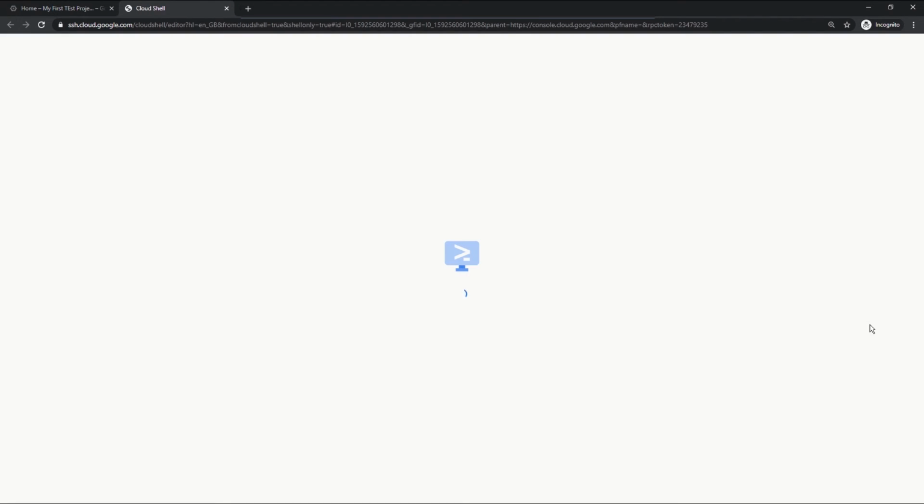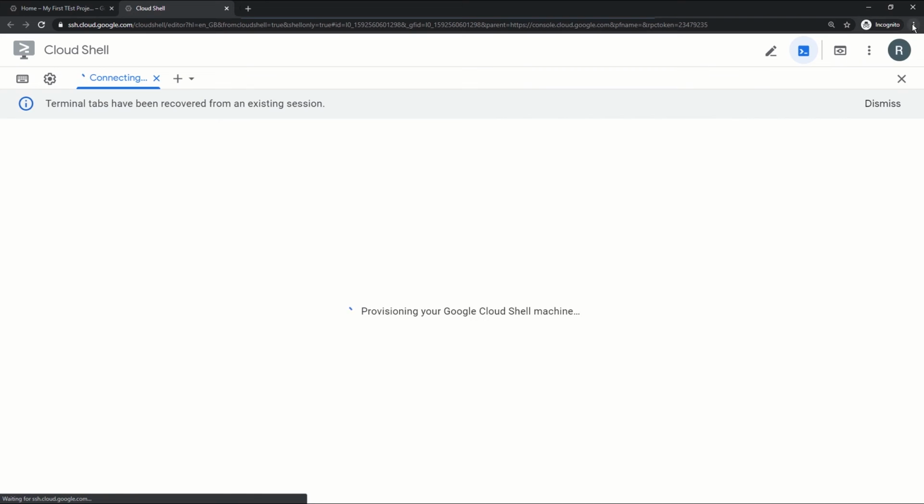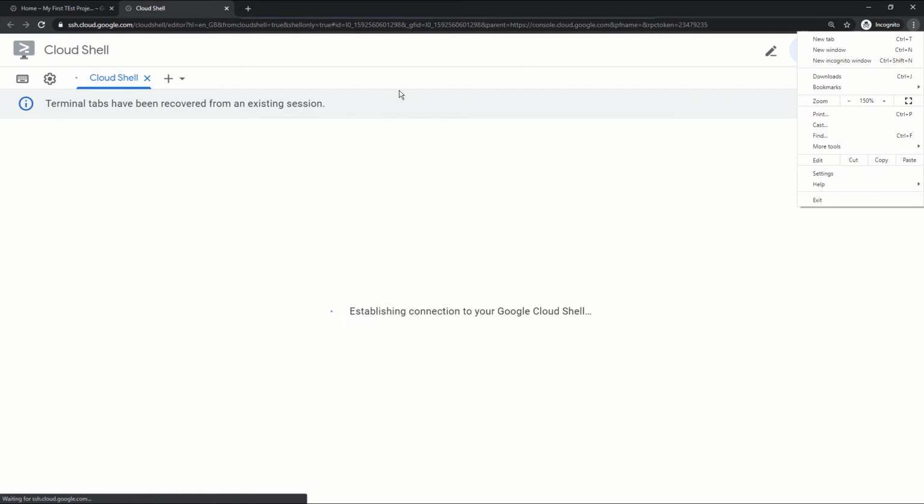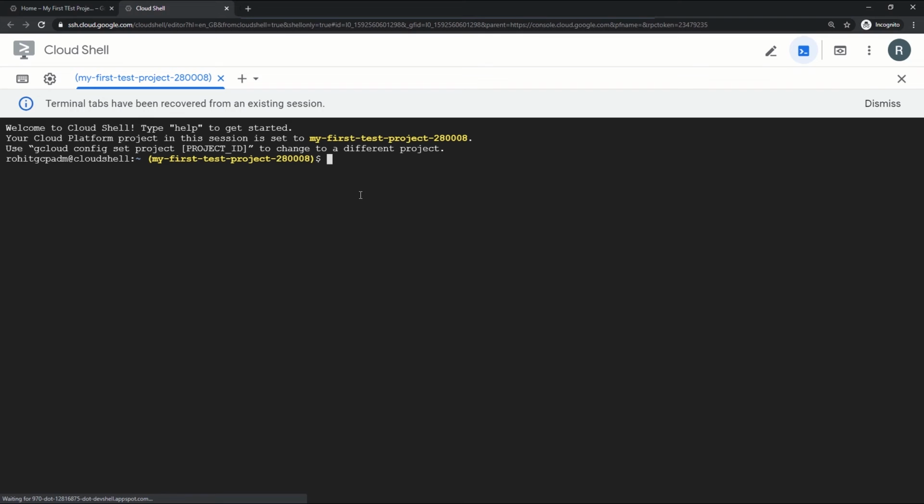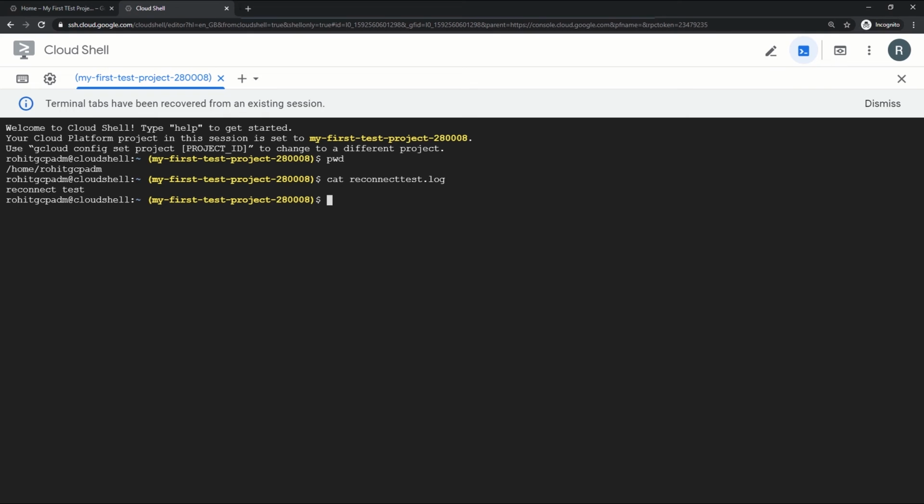So again, we will move it to a separate window. Let's see what the parent directory is. We are here. Let's see if we have the file. Yeah, it's there.